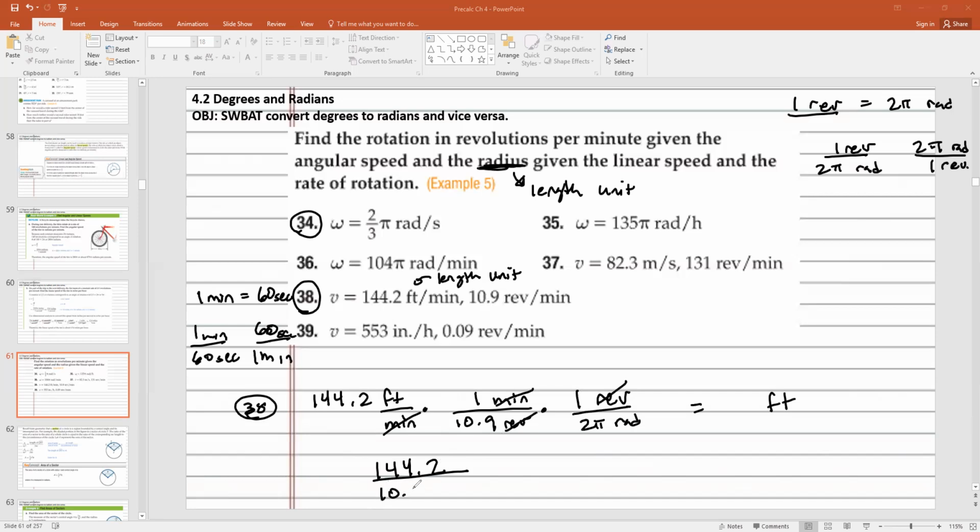So you can do 10.9 times 2 pi. If you can write this in Desmos, that'd be great. That's your answer. All right. So if you want, you can multiply 144.2 times 1 over 10.9 times 1 over 2 pi. It'll get you the same answer. It's just a little bit more work. So here I'm going to write it as 144.2 divided by 10.9 times 2 pi. And when I do that, I get 2.1